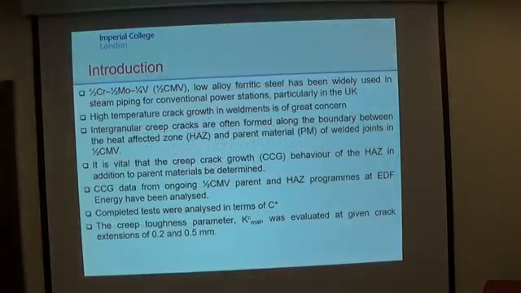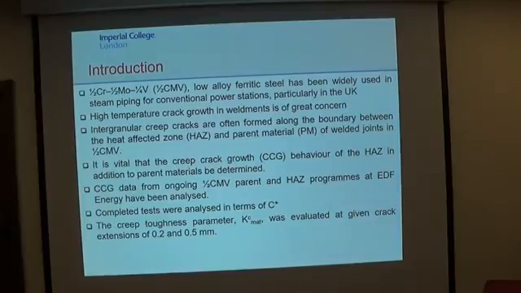Low alloy ferritic steel has been widely used in steam piping, specifically in conventional power plants, and specifically in the UK. High temperature crack growth is of great concern in these components, as intergranular creep cracks can develop along the boundary between the heat affected zone and the parent material. We need to study the creep crack growth data and the creep crack initiation in these weldments and parent material